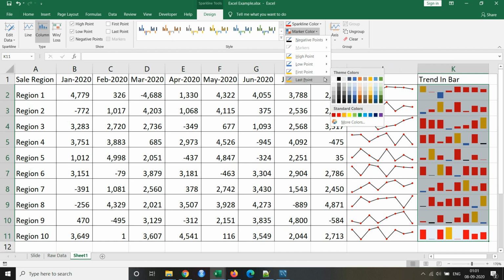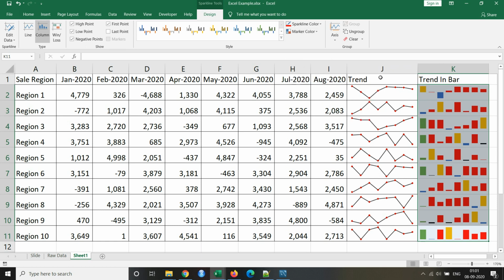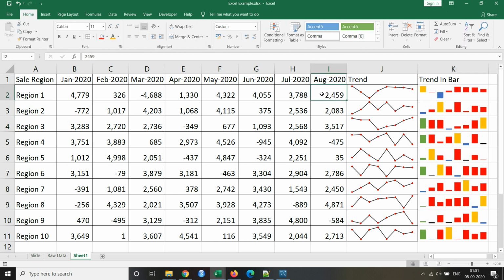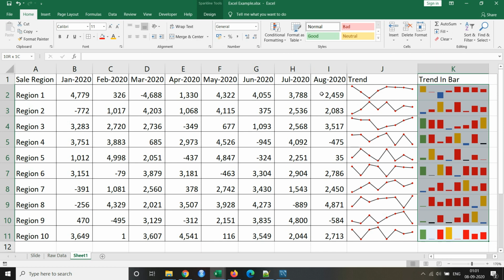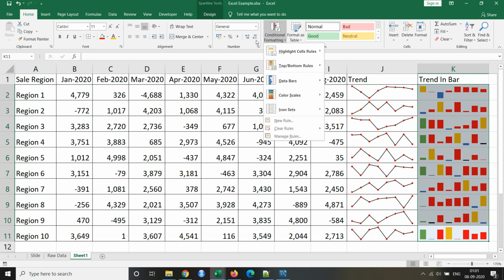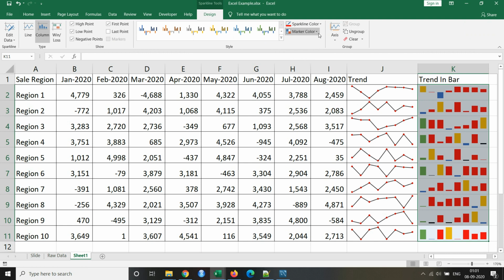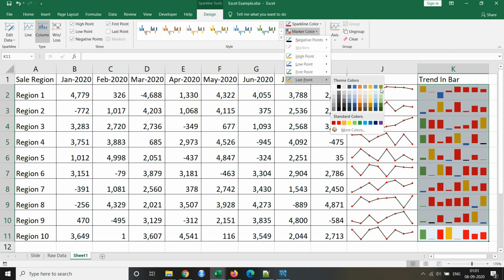The first point we'll select as green. This one shows us which was the first point for our profit. The last one we had was the last point, the last sales, right? So we'll select this color.